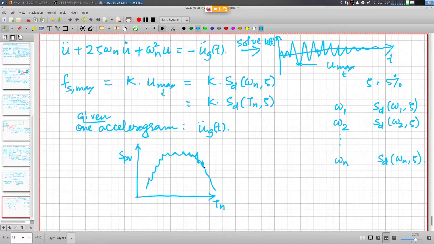So once you have this response spectrum, anybody who wants to find out the maximum response, or if this particular accelerogram is specified as a design accelerogram and somebody is asked to design the system for withstanding this particular earthquake, then all that you need to do is find out the natural frequency or natural period